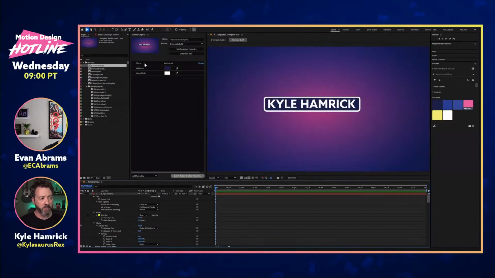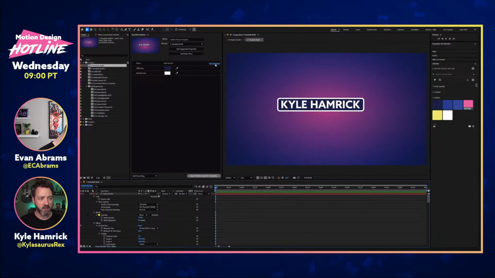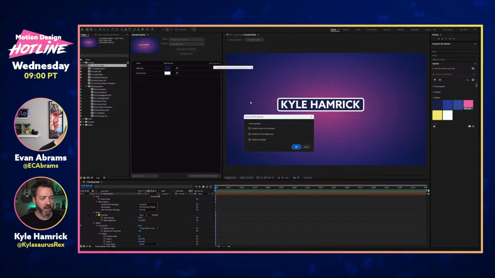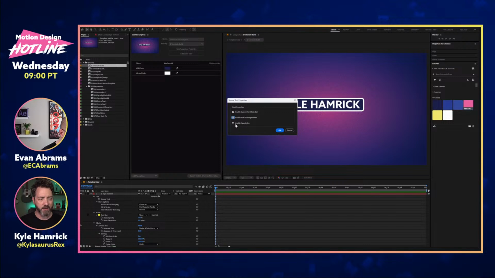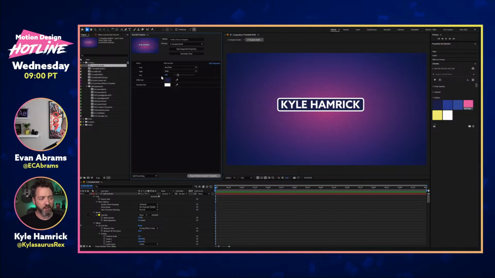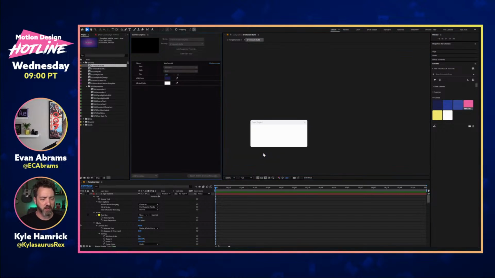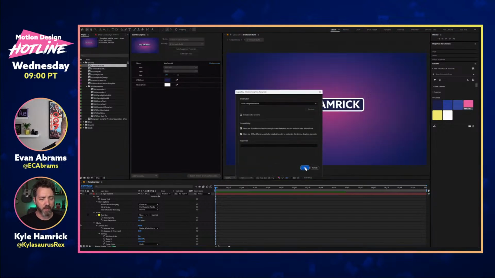Now, text properties in particular, you might notice this little edit properties clickable right here. And if I click that, I can enable custom font selection, font size, and faux styles like faux italic, faux bold. I'm going to leave that turned off for now. But you'll see that adds a few more controls here. And I like that. That's great. I'm going to go ahead and re-export this and just save over that previous version